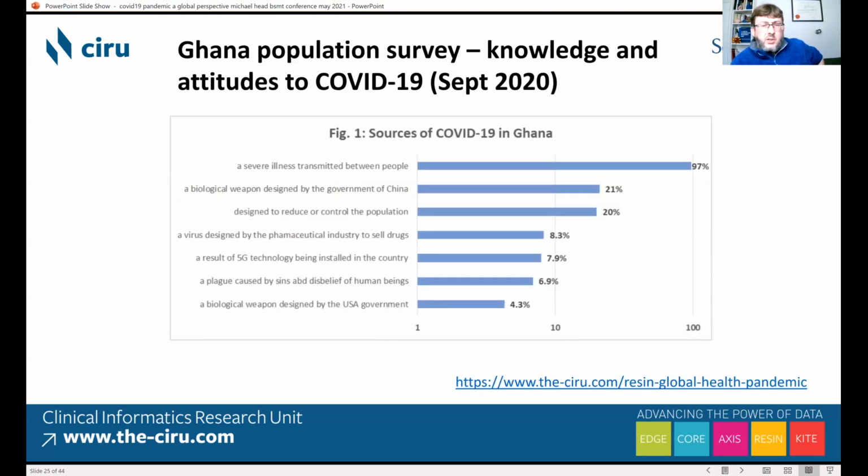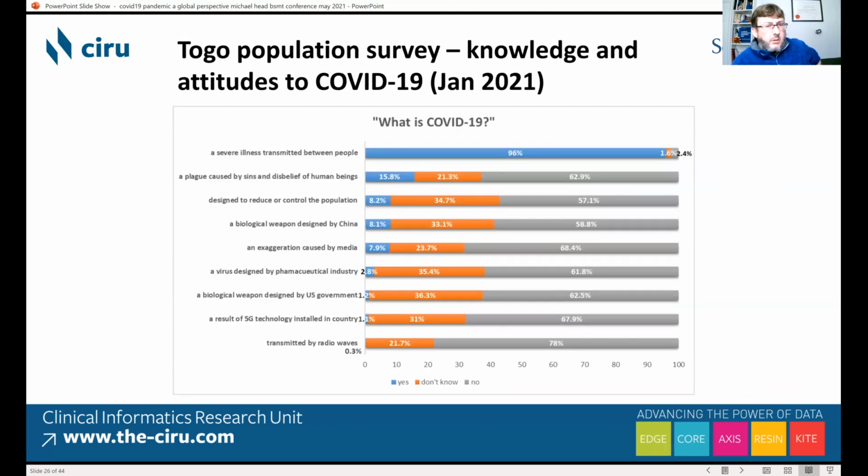We've done a few things, one of which has been population surveys looking at knowledge and attitudes to COVID-19. And you can see from the top bar here that most people have got the hang of COVID-19 and that they know it's a severe illness transmitted between people. We did put in some other options for them, but there is a certain amount of misinformation within that. Conspiracy theories are rife all around the world, and West Africa is no exception there. We did similar in Togo as well, and similar results. So most people know roughly what COVID-19 is and how it transmits, but again, there is a certain amount of misinformation around